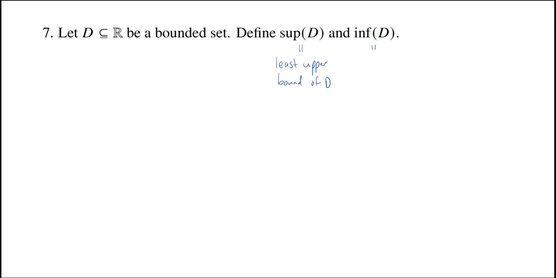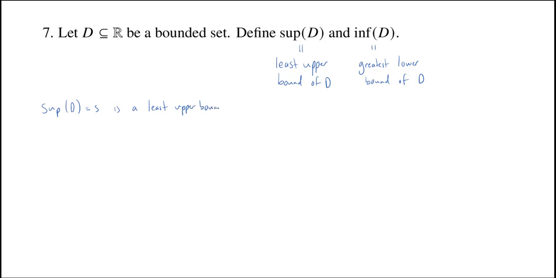The infimum of D, well, this is going on the other side. You're looking at lower bounds, and of all the lower bounds, we want the greatest lower bound of D. Okay, let's say we wanted a little more detail. What do you mean by an upper bound of D, and specifically a least upper bound? All right, so let's make this even clearer. Let's give a short name for this. Maybe we'll call it little s. Okay, s is a least